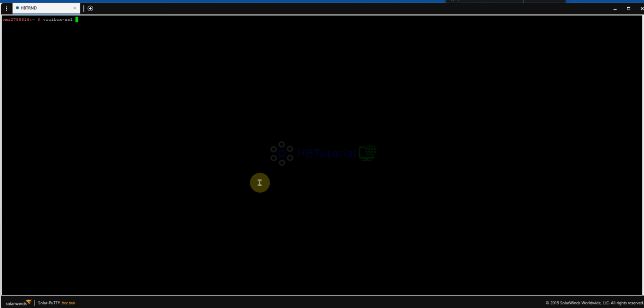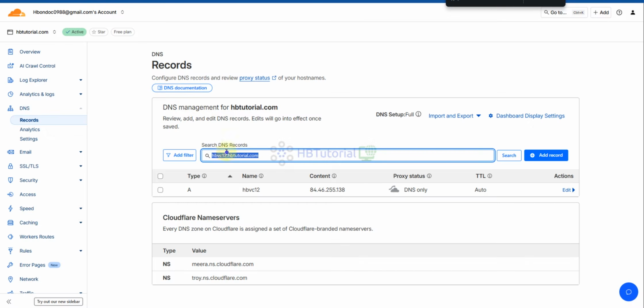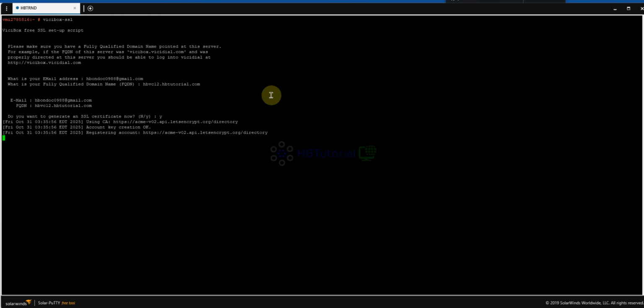vicibox SSL. Okay, so your email, so that you receive a notification, and then your domain or the subdomain. So, I'm using the subdomain HBBC12. Okay, and then yes, generate the certificate.